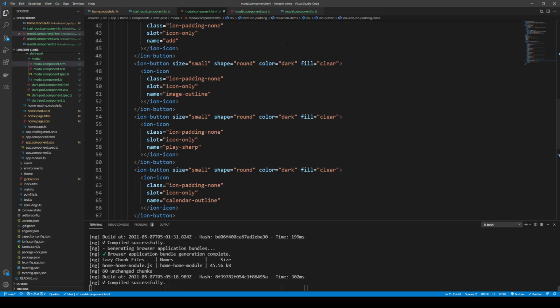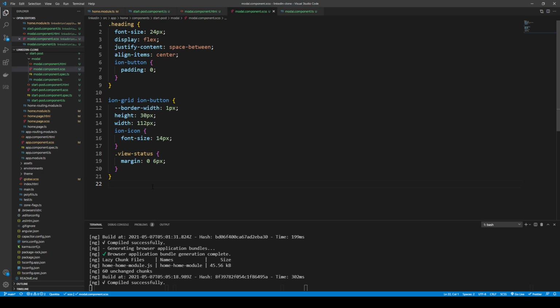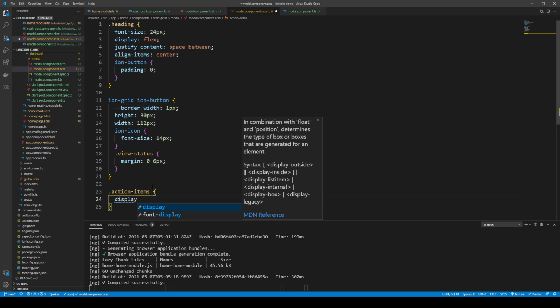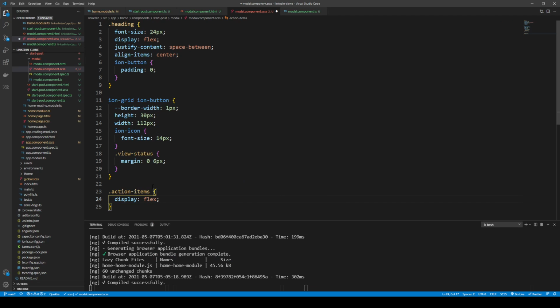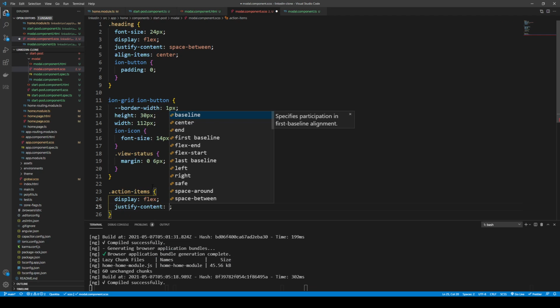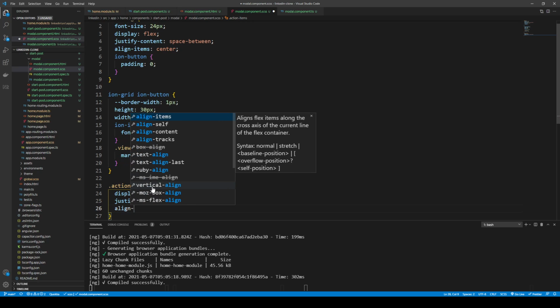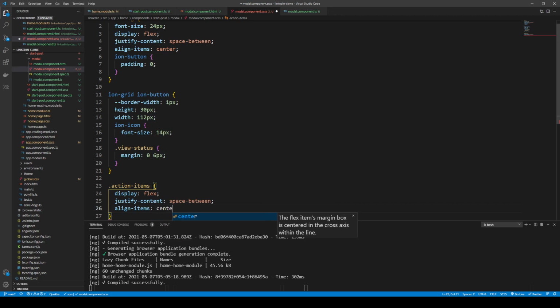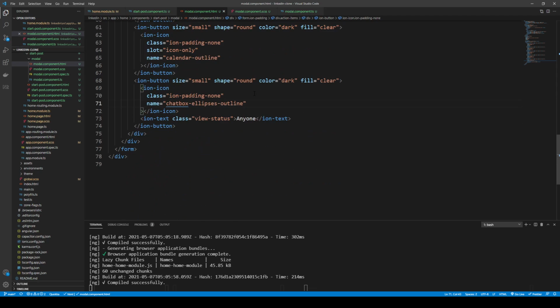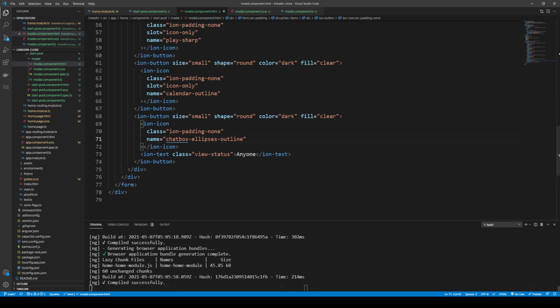So for our styling, for our action items, just want to display flex, justify content with space between, and we want to align the items centrally. And this view status,